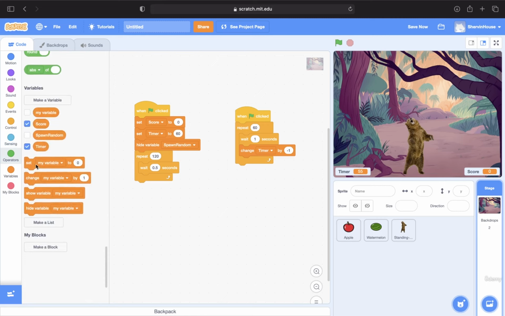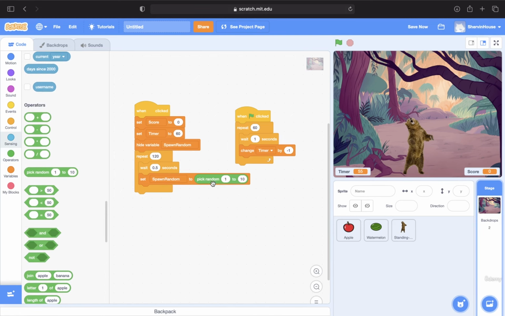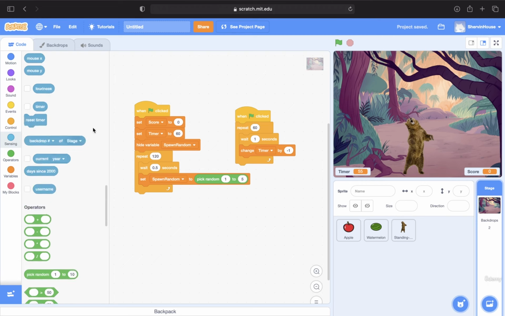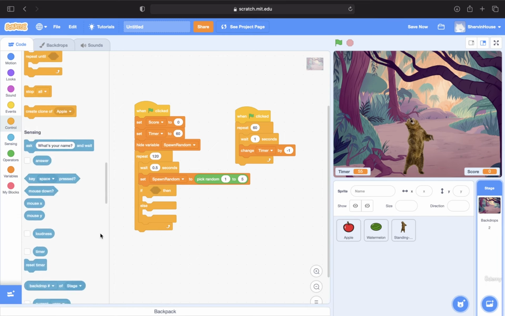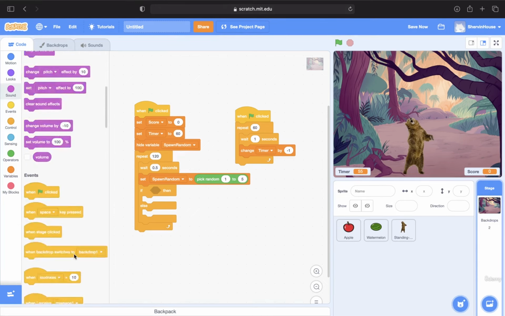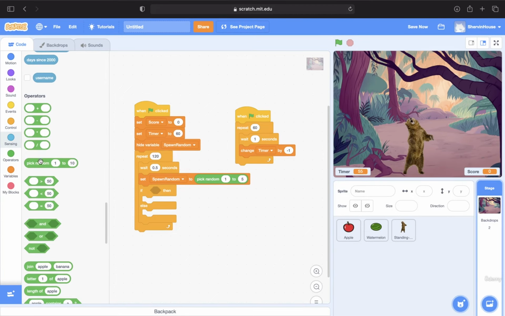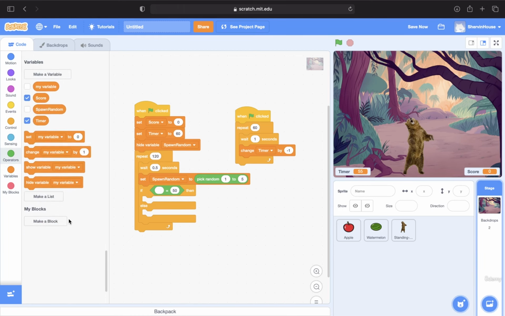So we're going to set this variable to a random generator. So pick random between 1 and 5. All right, and we're going to say, hey, if, and we're going to use the if else, if this spawn random, this variable that we created and we picked a random number for, if that is equal to one of those specific numbers, and this can be any number, really. So we're going to say if